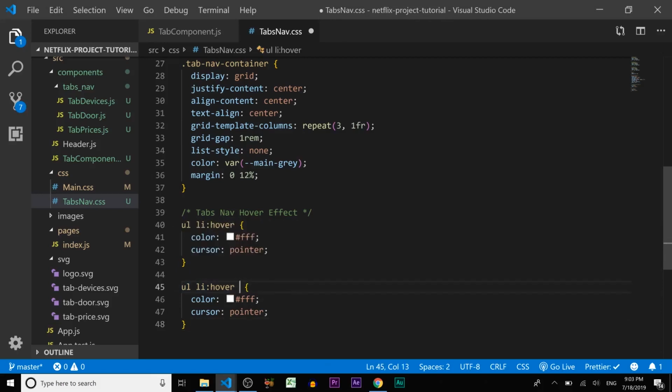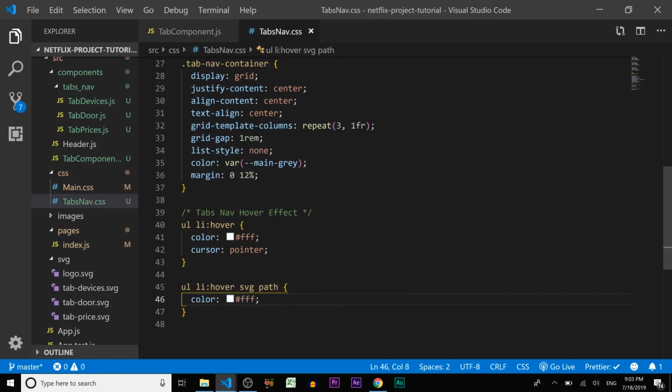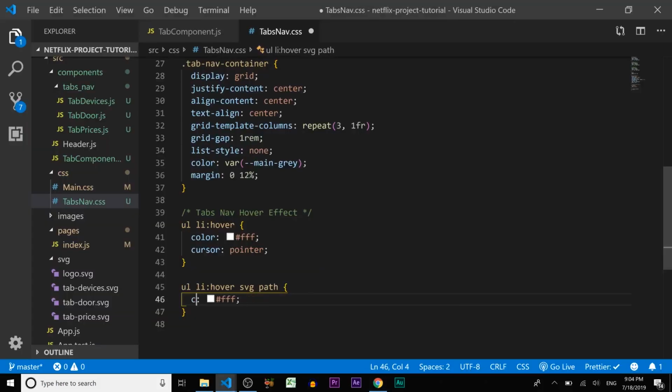After hover, we need to add SVG path. Let's get rid of the cursor pointer. We can't change the color of SVG by typing the rule color. Instead, we need to add fill, because you see, let me show you guys by example. If we do color, let's see, it's nothing, it doesn't work. Okay, if we add the fill,